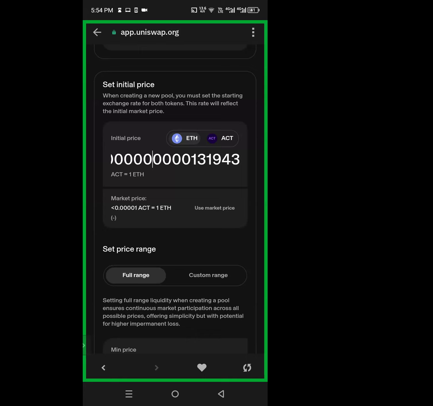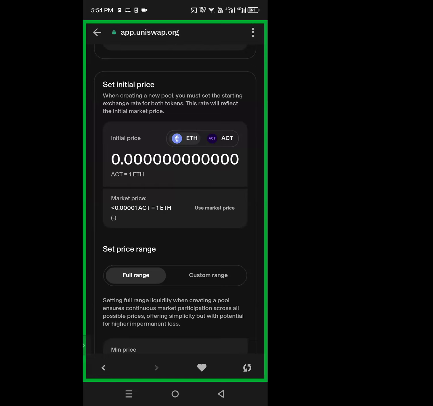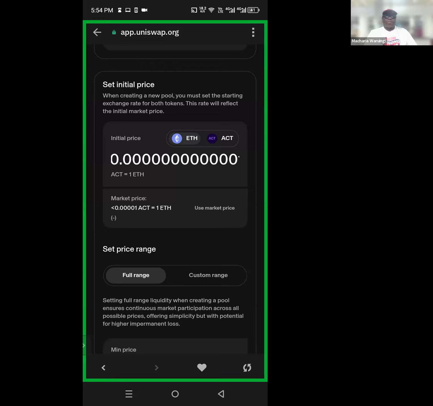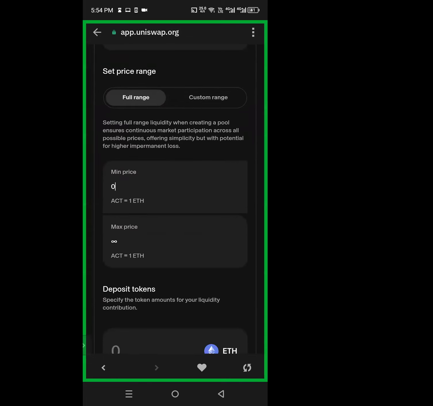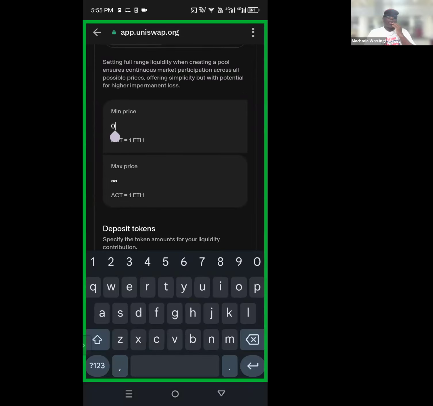And it's saying this is the market price, equals 1 ETH. I can't see what's going on. And if you hit next, what's it going to do? So I have to set, oh okay, I get it. Let me see whether it's going to pull up the keyboard so that I can insert the number.